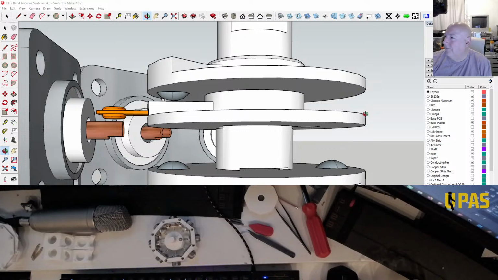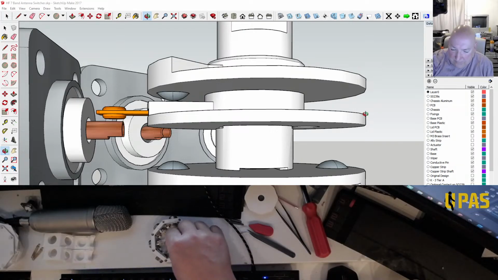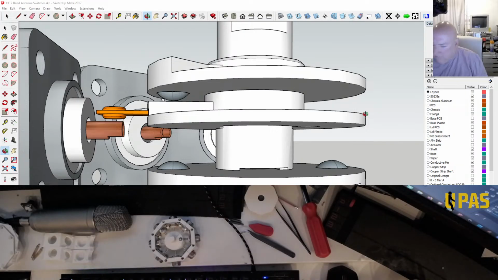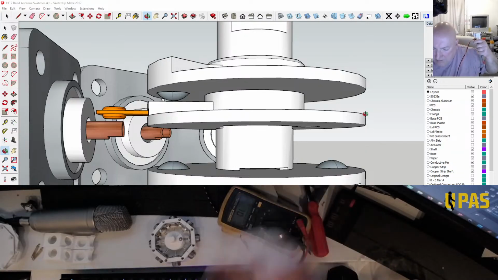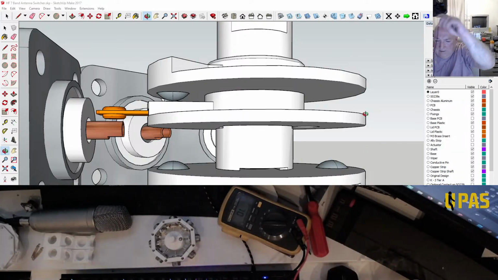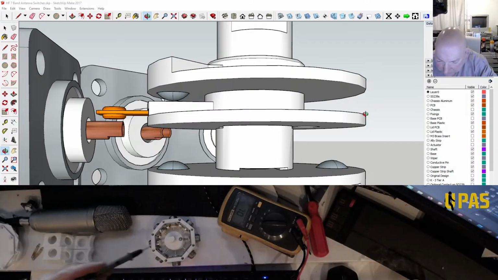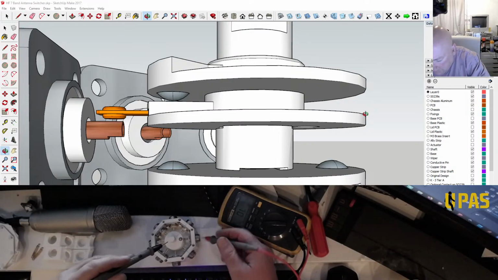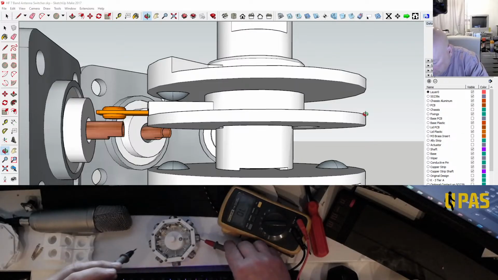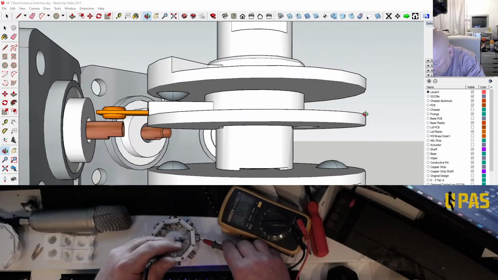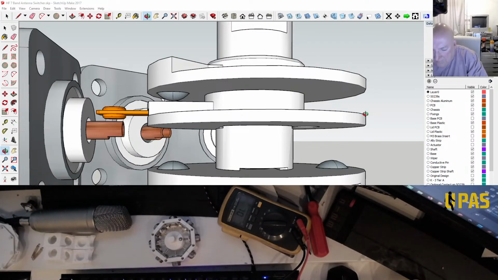Right, so I'm going to have to redesign this. We've got to just test it with a meter. Let's put the meter on it and see if there's any continuity at all from just touching the back of the spring to the front. Now, it's not going to be easy to get to the back of the spring. So if I put that to the centre there, this is not a good test at the minute because I'm touching it, and I can't get to the back of the spring.